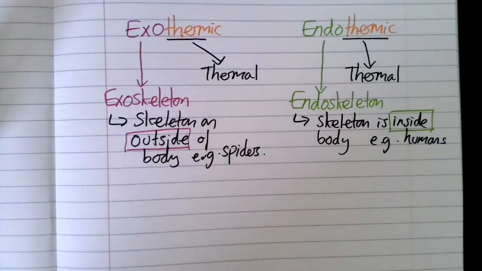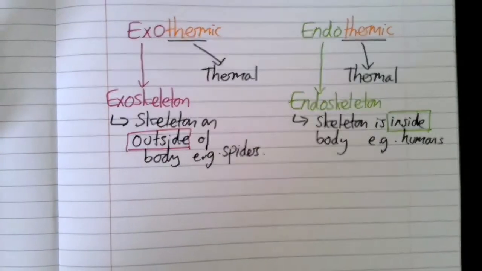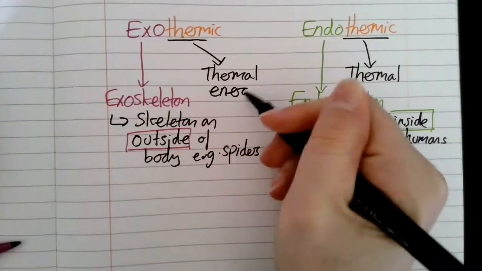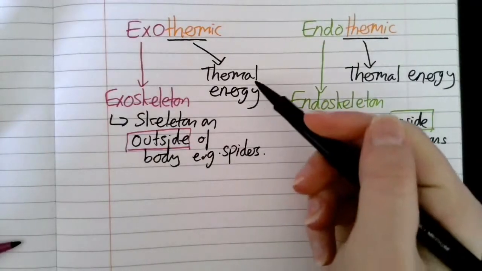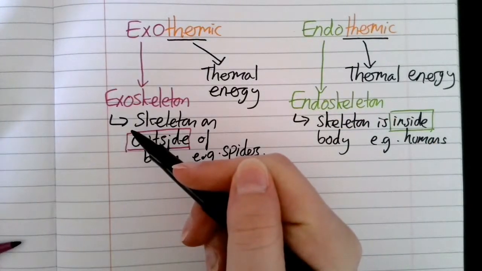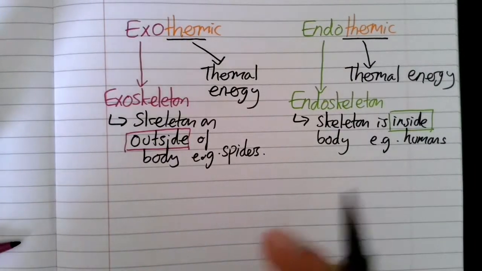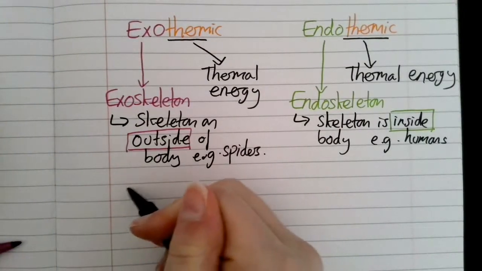So when we're talking about exothermic and endothermic reactions, we're talking about that thermal energy either going outside of the reaction or inside. So outside means it gets transferred to the surroundings, whereas inside means that we take energy from the surroundings into that reaction. So an exothermic reaction